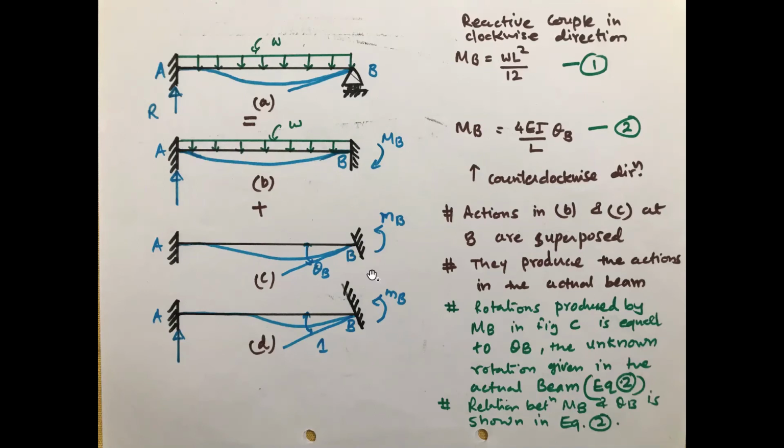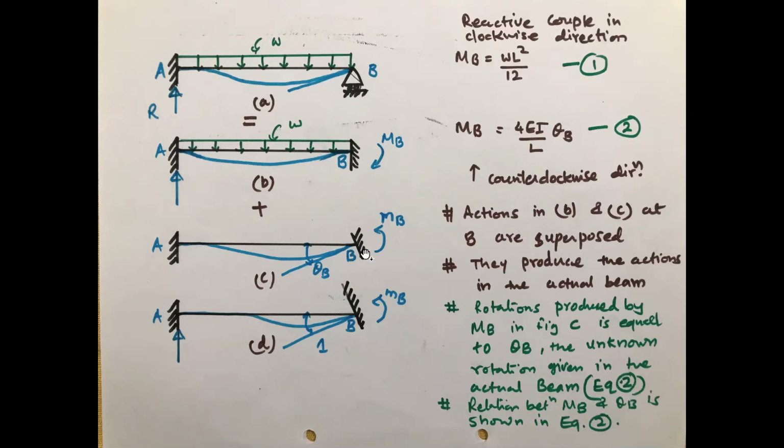We applied this structure, and we name it released. This was the restraint. Now another terminology that you have to use is release structure. We are releasing this joint B. We have to release it because in the original beam there is a rotation. So we have to release the fixed support. Restraint and release, both things we have to do step by step. So first restraint, then this released one, where we have applied an equal amount of moment.